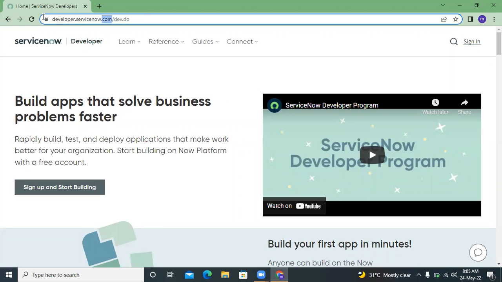We'll go through the PDI process, like how to request a personal developer instance, and then we can start on that. So we use developer.servicenow.com, which is the official